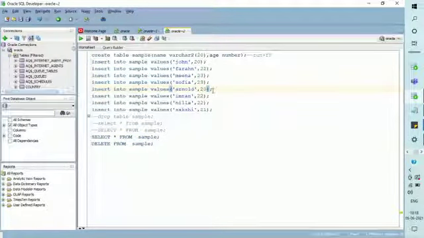If you are in the middle of the line and wanna go to the start of the line, just press Home, and if you wanna go to the end of the line, just press End. With respect to the worksheet, you need to press Control plus Home in order to go to the start and Control plus N in order to go to the end of the worksheet. I think you understood these 4 shortcuts, easy shortcuts. It makes sense, right? So let us quickly jump to the other shortcut now.